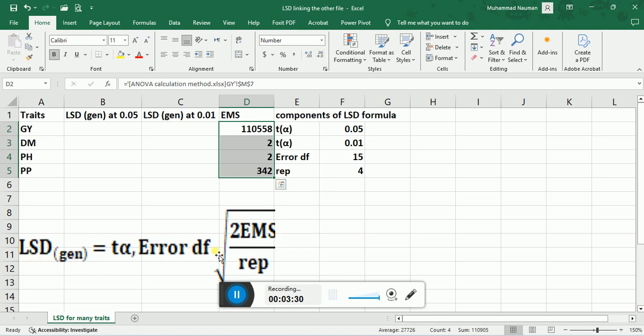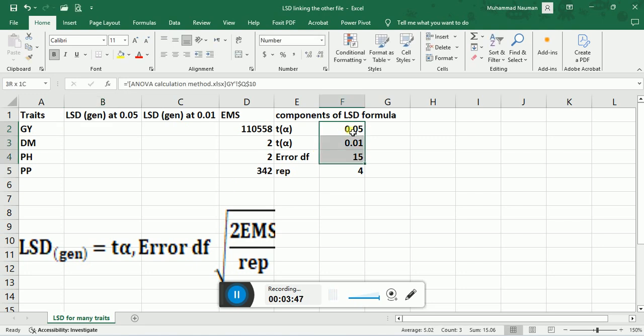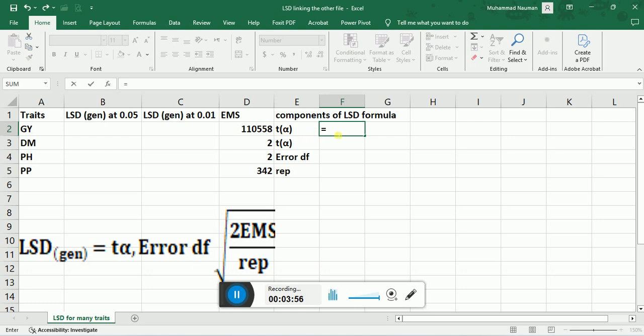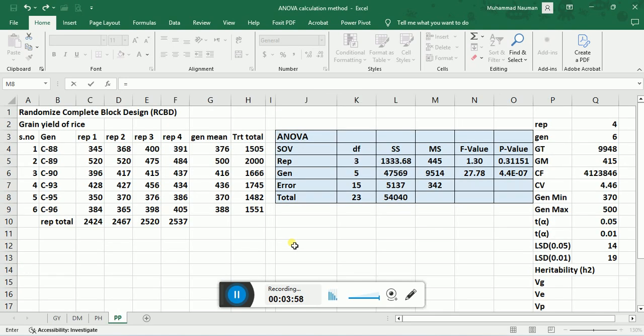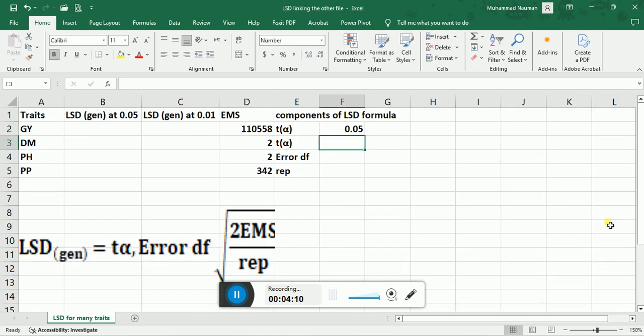Now apply the formula according to the 0.05 probability level. Equal to T alpha. We will also link these values from the ANOVA table. I will show you how. That is equal to T alpha at 0.05. Go to the ANOVA file. Here is the 0.05. Click on the cell and press enter.